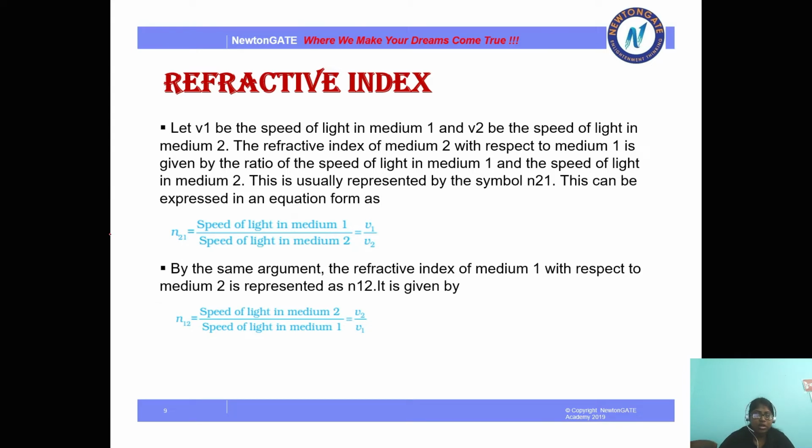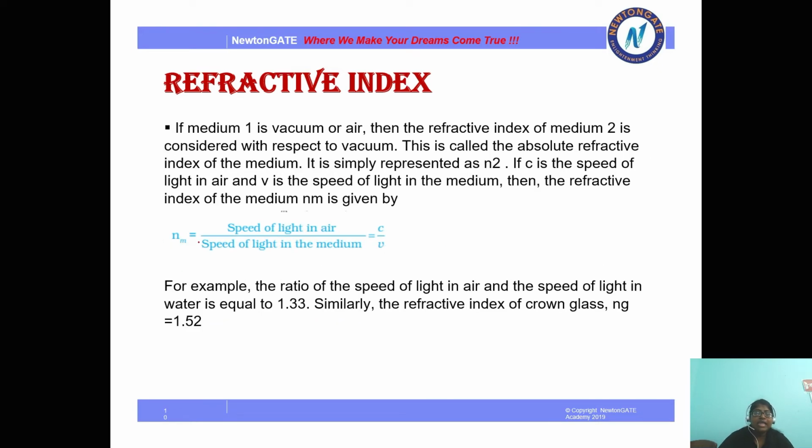That is the law that we have followed in both the cases. This is the equation of n21 and n12. Depending on which media you want to find out the refractive index of, you will be using one of them. Then there is something called